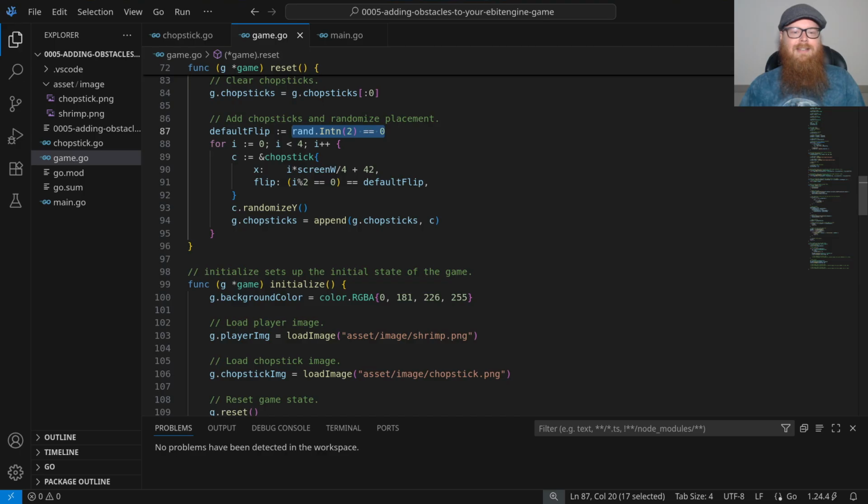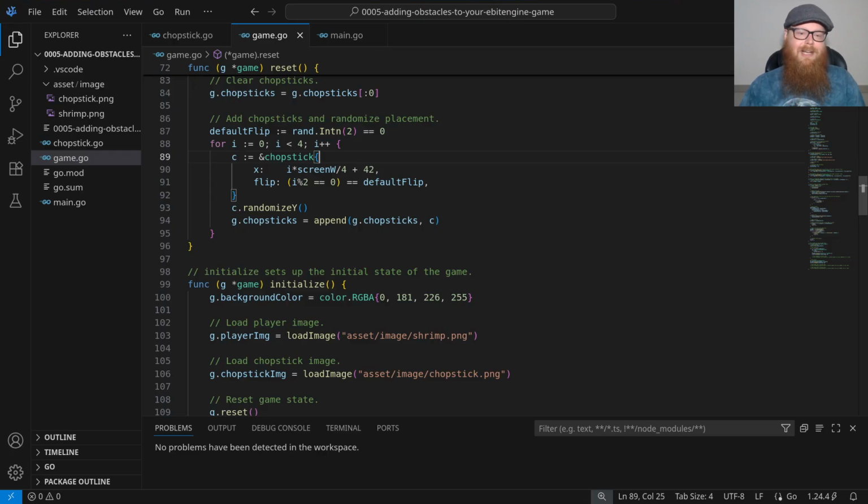We'll set a default flip value based on a random number, which is either 0 or 1. If it's 0, the first chopstick on the screen will be flipped. And whatever that default flip value is, the next chopstick on the screen will alternate that flip value.